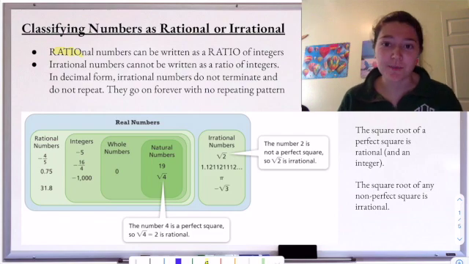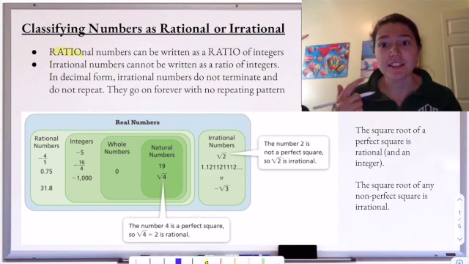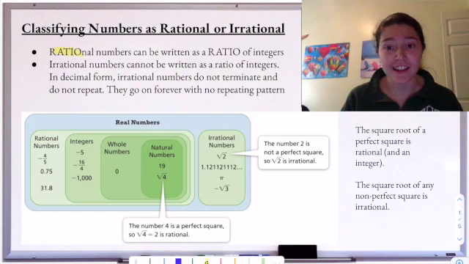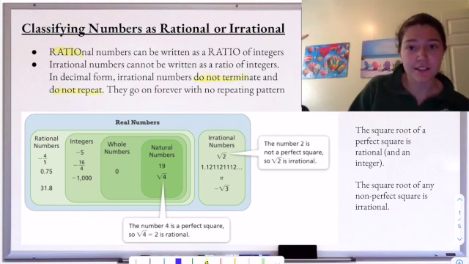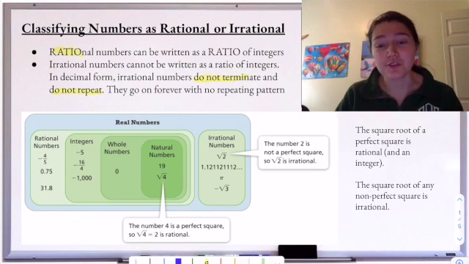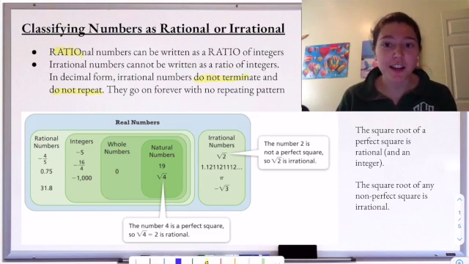is irrational. In decimal form, irrational numbers look like numbers that go on forever. The decimal goes on forever, so it does not terminate or end, and it doesn't repeat. So we don't have like 0.3 repeating. So they go on forever with no repeating pattern. Up to this point, the only irrational number we've really talked about is pi. So pi is an irrational number,